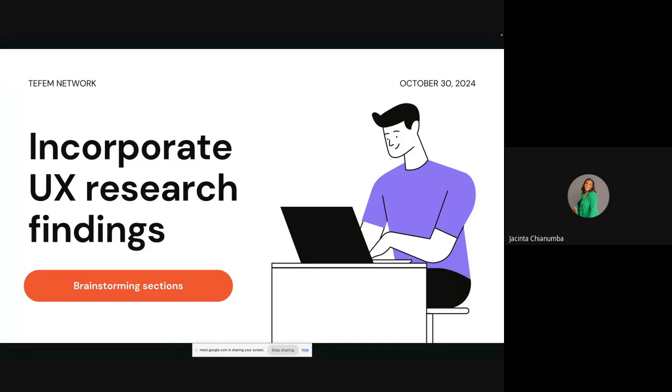So, like I said, we are trying to incorporate the UX research findings into our UI design. And then we want to use what we found out from our research to make design decisions. And in order for us to be able to do that effectively, we have to go through a process. And this whole design process is not